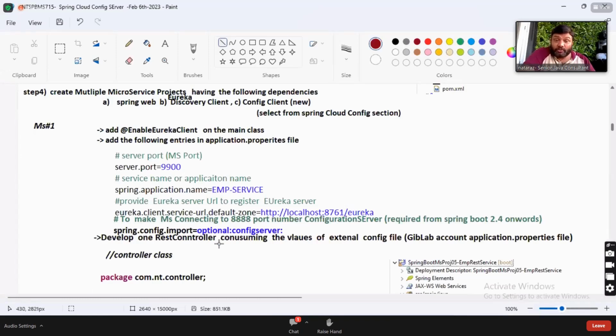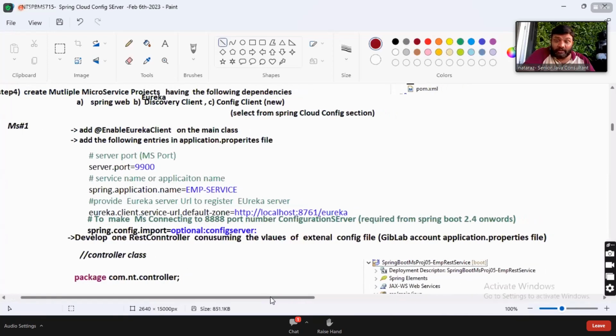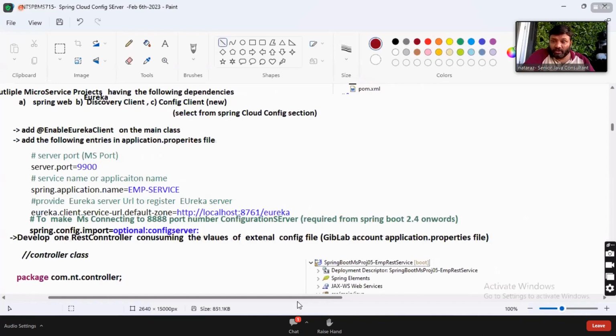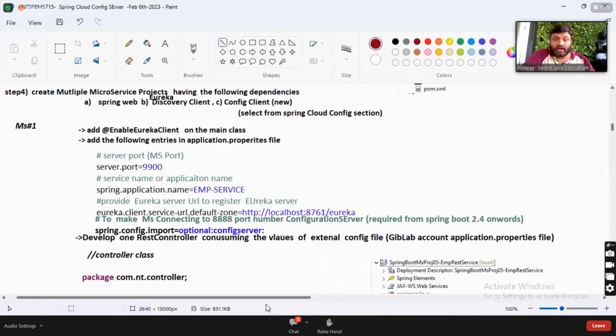Now listen, to make the microservice connect to port 8888 of the configuration server, you have to add this entry: spring.config.import=optional:configserver: